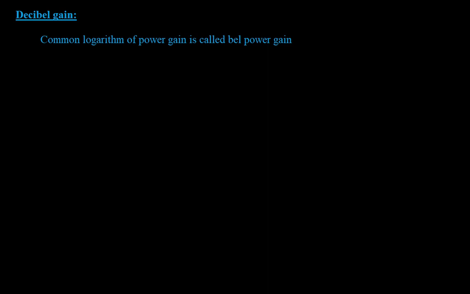For example, if we consider the power gain, the power gain is given by AP is equal to output power divided by input power, P out by P in, which represents a mere number, and this gain is called the ordinary power gain. Although the gain of a transistor amplifier can be expressed as a number, it is of great practical importance to assign a unit to the gain of the transistor amplifier,